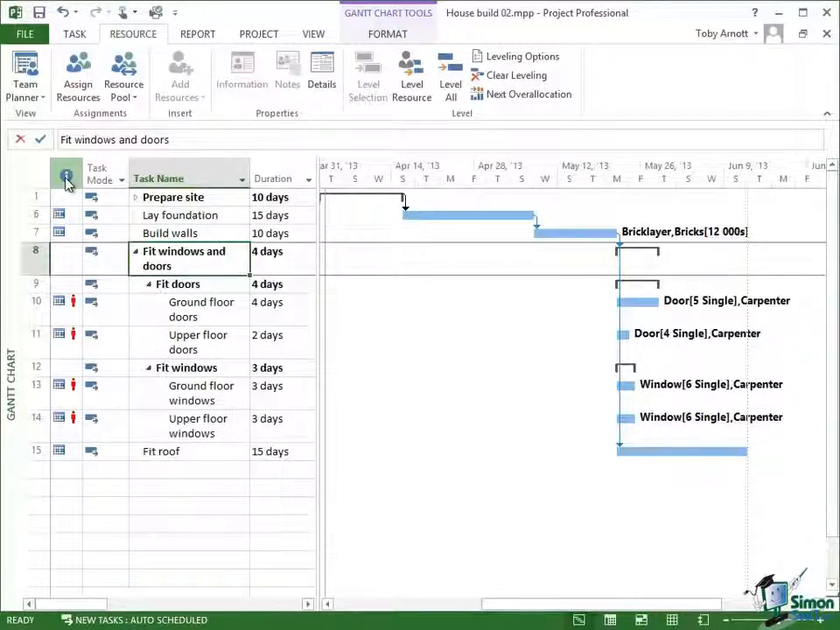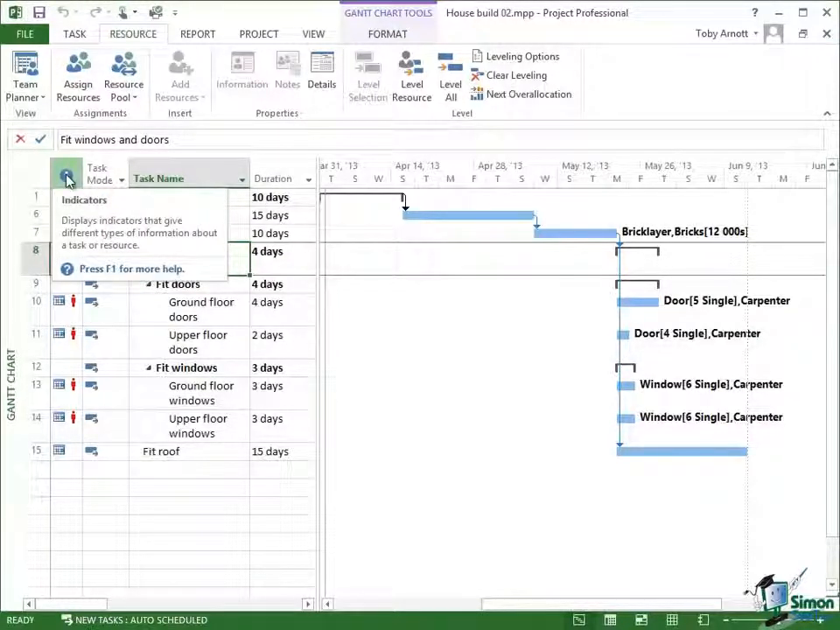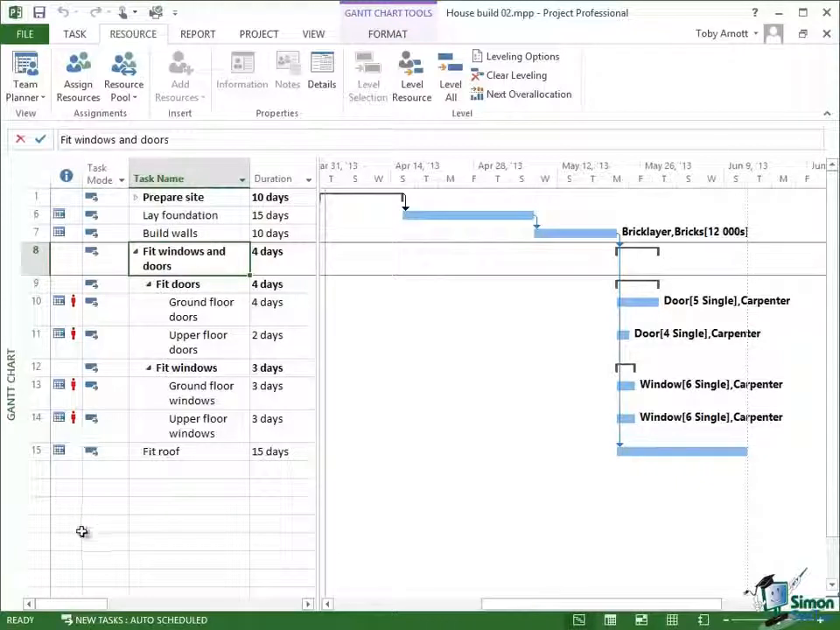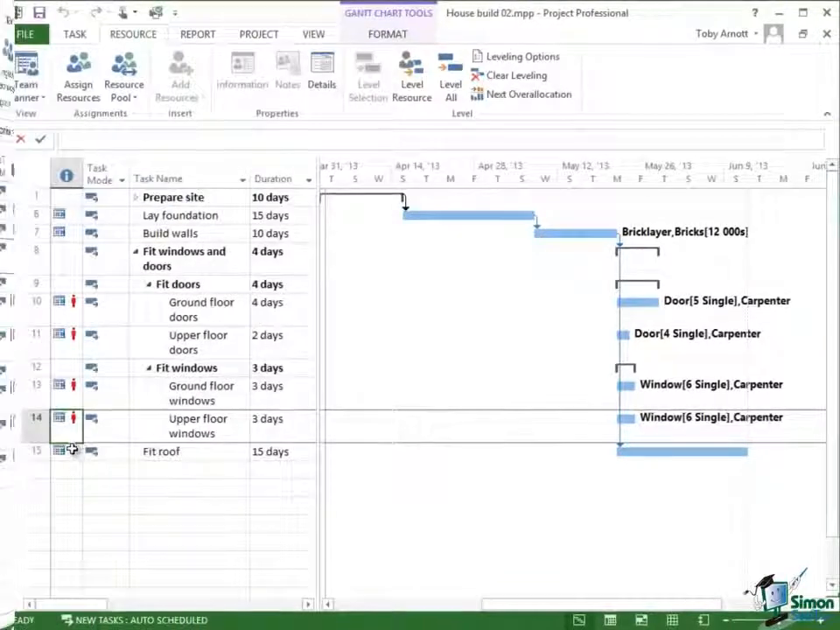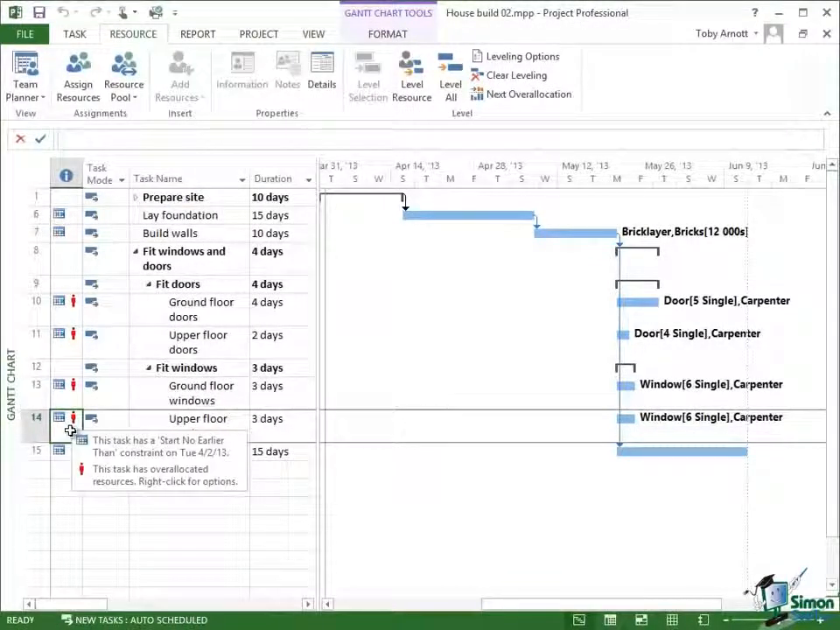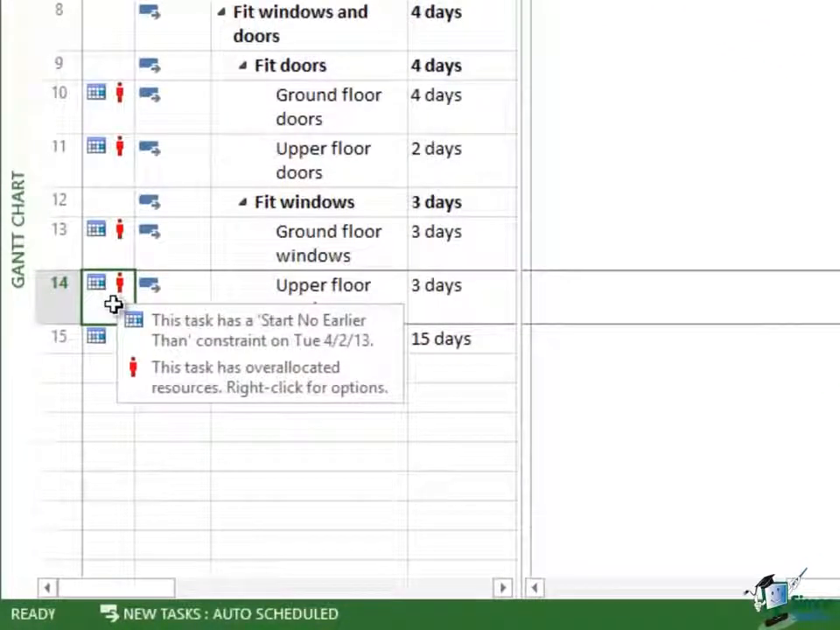Now in that I column, this is basically the indicators column that I haven't mentioned before. That's going to show us any issues, any problems that we've got, and we can see that we have a problem here, and the problem that we have, that's indicated by the red person symbol, is that we have a resource allocation issue. Now notice that actually in this indicator column against one of the tasks, say task 14, I've actually got 2 messages. The first message says this task has a start no earlier than constraint on Tuesday, April